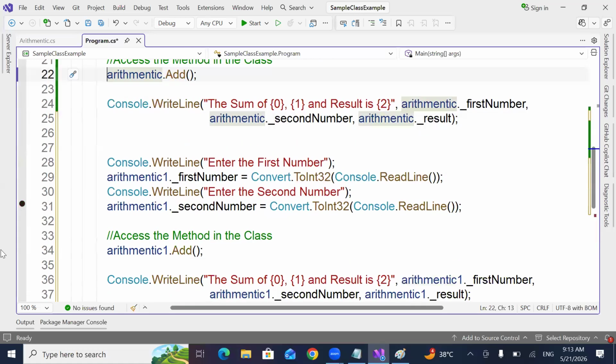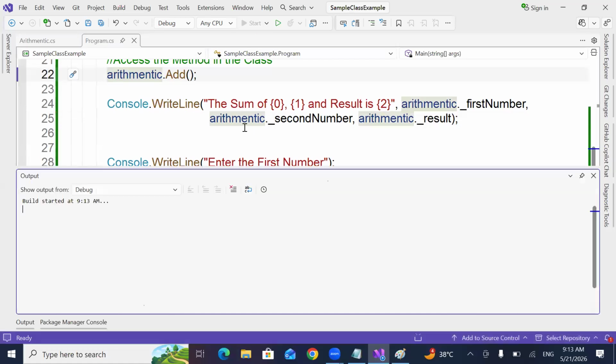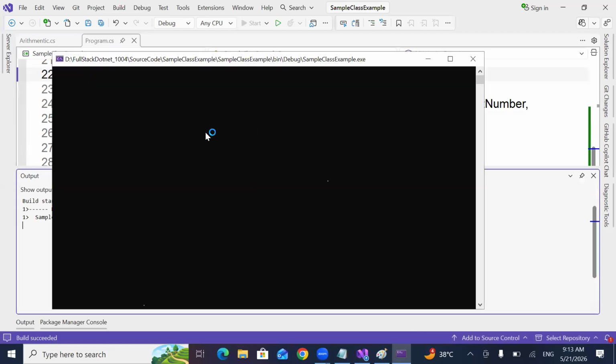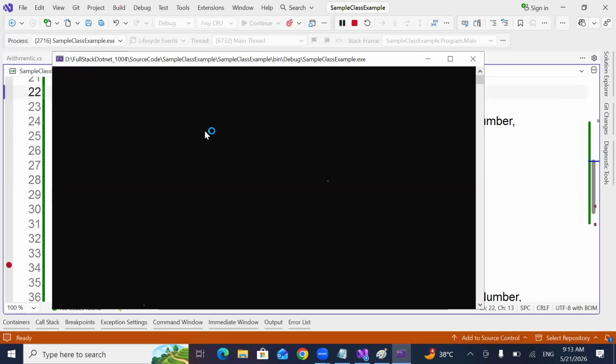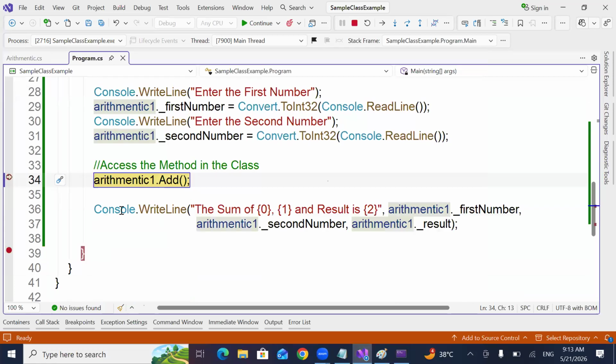Now, I'm putting a breakpoint here. Now see, run the program. For the first object I'm giving 20, 10. Now again it is asking the first number, second number. I'm giving 30, 50. Now you see, the variable arithmetic1 is holding 30 and 50.